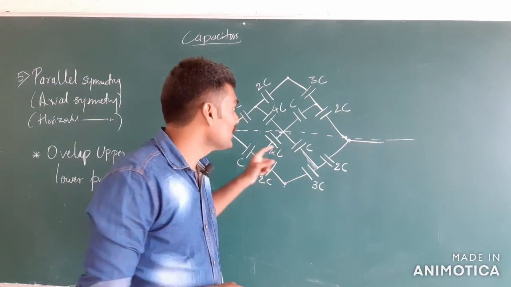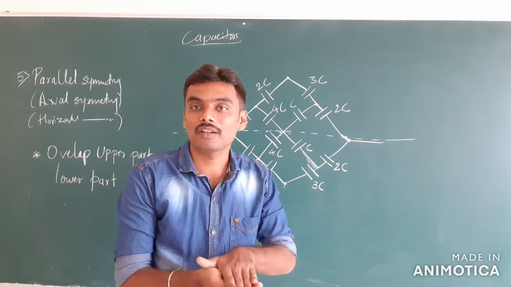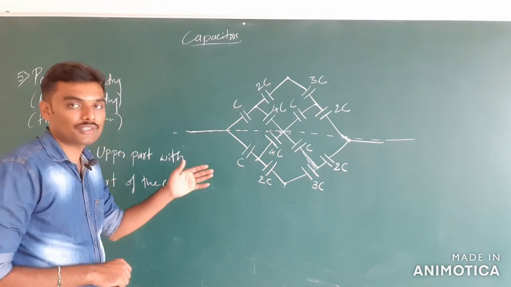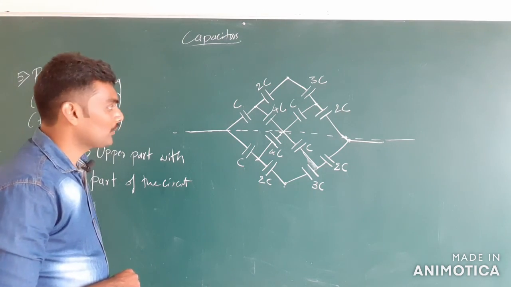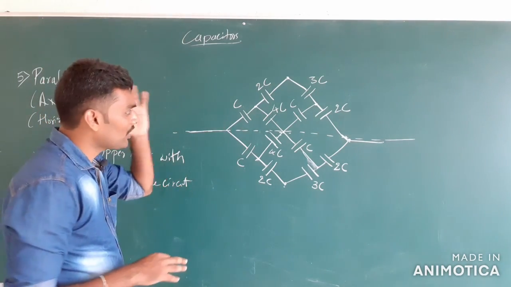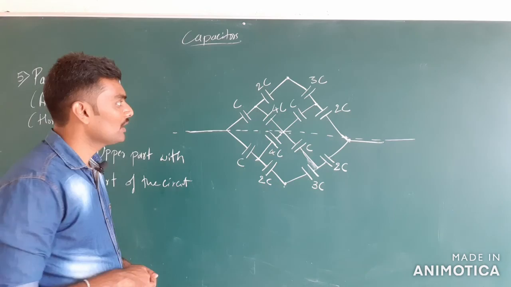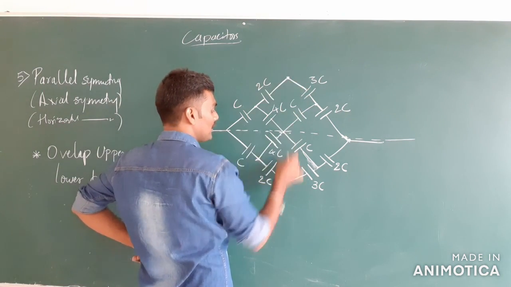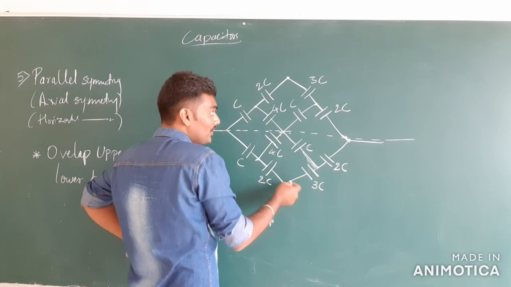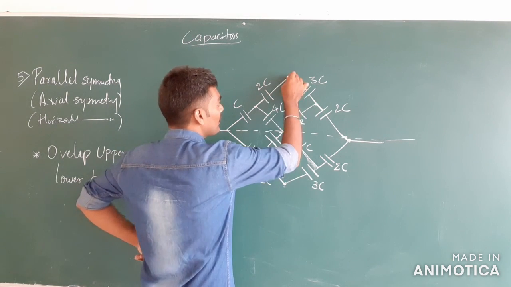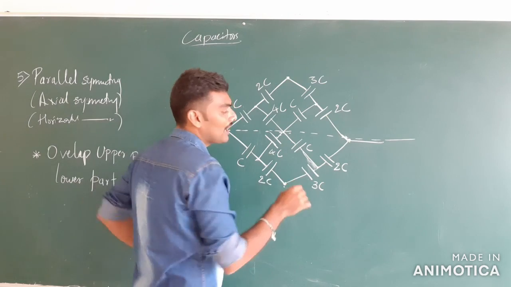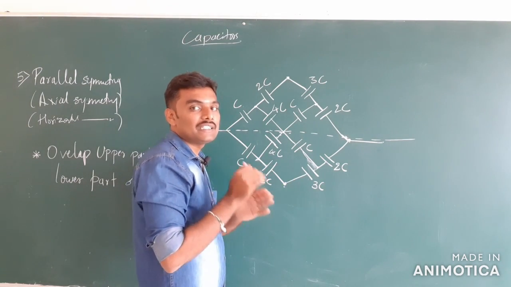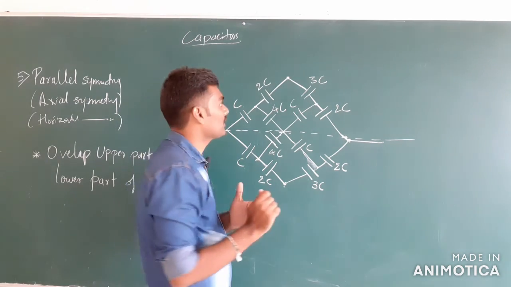If the circuit has horizontal symmetry, we can overlap the upper part with the lower part, and now we can start reducing the circuit as follows. Okay, that's fine, but how to reduce the circuit? That's the question. See, now when they overlap, this terminal and this terminal meet each other, which means I can consider that they will have the same potential, isn't it? When they come in contact, they will have the same potential.